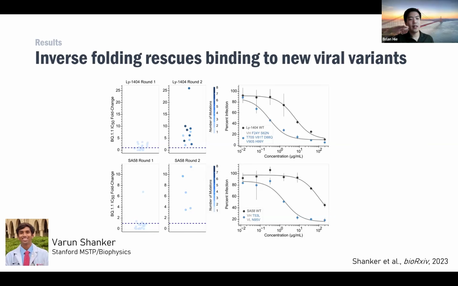If two mutations were beneficial in the first round, their effects on neutralization potency or binding would be beneficial together in the second round, but the effect would not be additive. Sometimes it would be additive, sometimes synergistic, as was the case here. So we haven't seen a one-to-one mapping